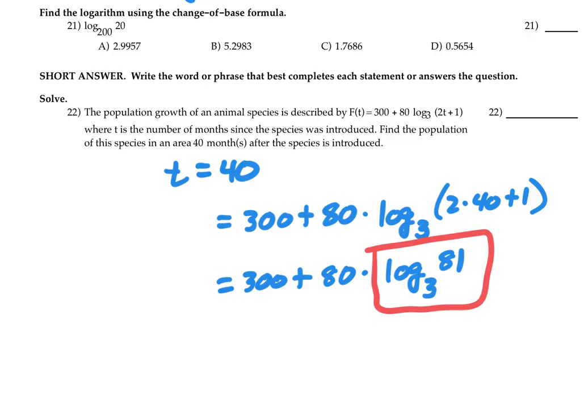Okay. And if you need to figure out what this is and you're not really sure, then you can do like what we talked about up here. You can do the log base button. You can do the change of base formula. Any of those things would get that value for you. Questions so far? Okay, I'll come around and help you out if you